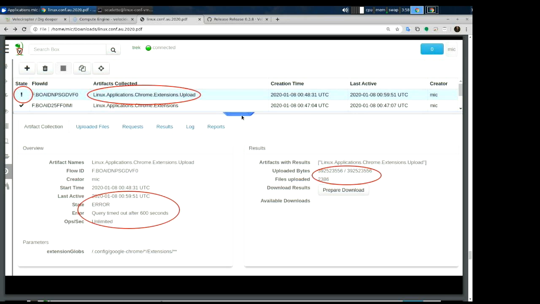So I ran this thing, and then it failed. Failed means that it had an exclamation mark, an error. And then the error was query timed out after 600 seconds. And this happens sometimes. And you can see that it's transferred almost 400 megs, 390, with 2.3 thousand files